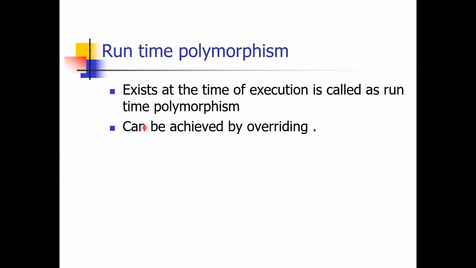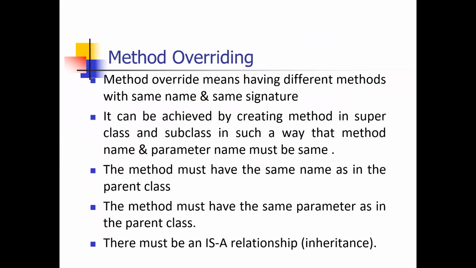Runtime polymorphism, which exists at the time of execution, at the time of running, is achieved by method overriding. Remember that previously we used method overloading. Here we are using method overriding. So see, if you remember, if we are using the same method name